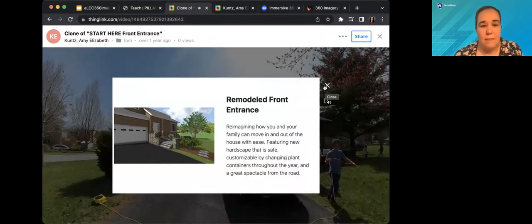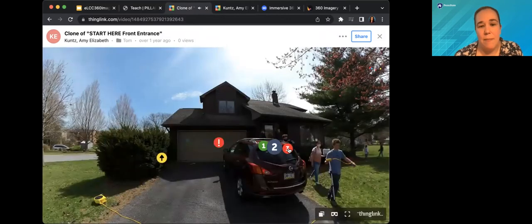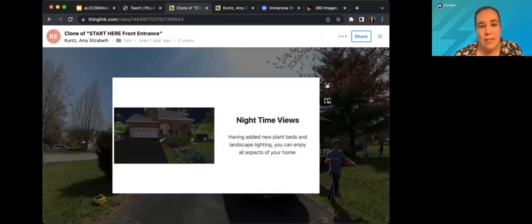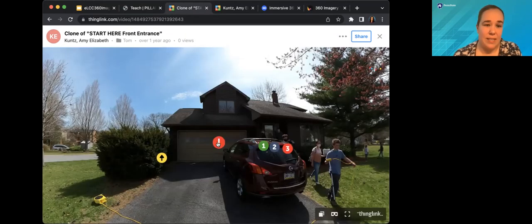For your front entrance, you now have a larger and safer walkway with steps and a railing, retaining wall with a raised planting bed. And so they have it numbered what way to do this. And so they have pictures that they created in the separate product that mimics, kind of pitches the idea of the landscape. And they have that here. And then if you go to the backyard,